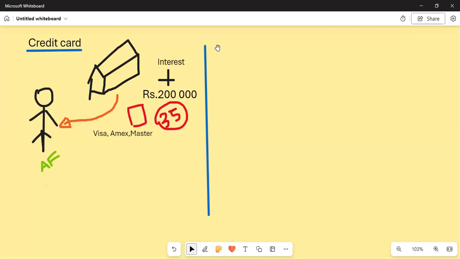But the thing is, more than a credit card, I call the debit card the best thing. What is the debit card then? In Sri Lanka, people do not have the discipline to use a credit card. Therefore, it is better to use a debit card. What is a debit card? Debit card means